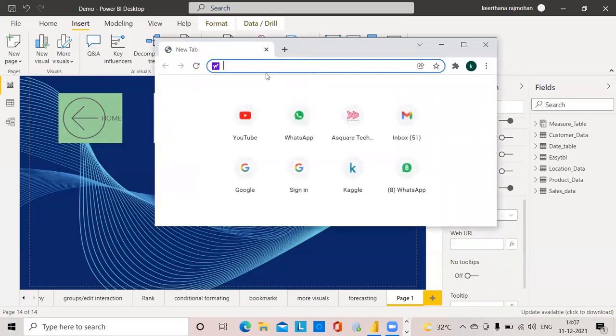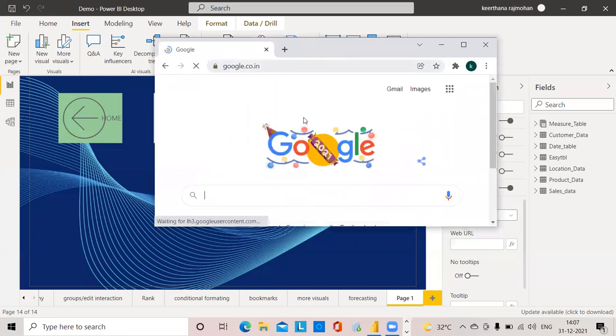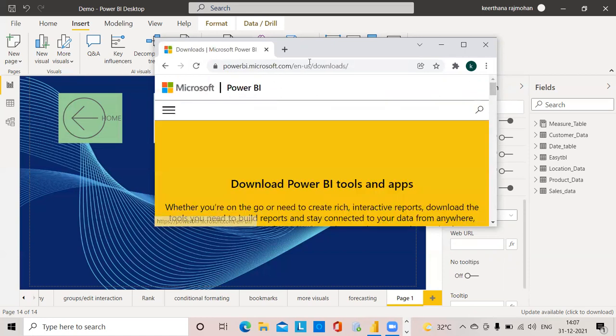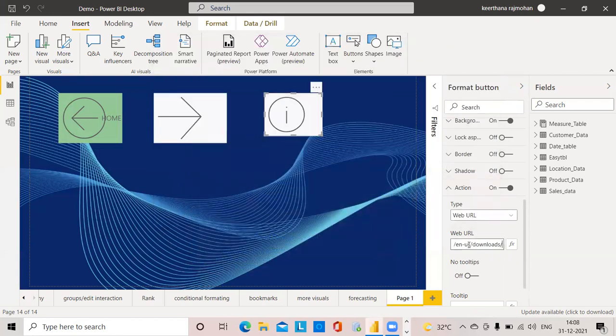I will choose Power BI, the download page. I will move to the Power BI download page. This is my URL. I am just copying this URL and I will paste it here.